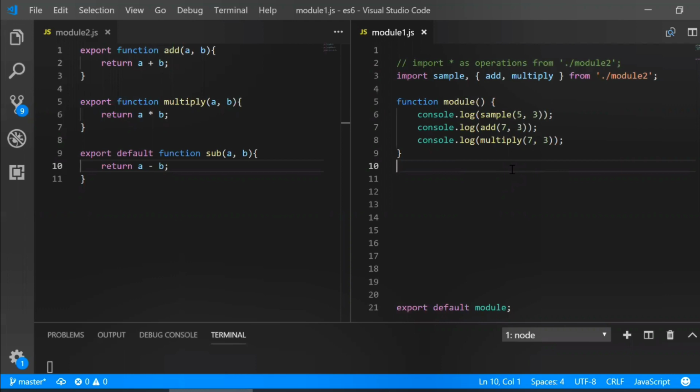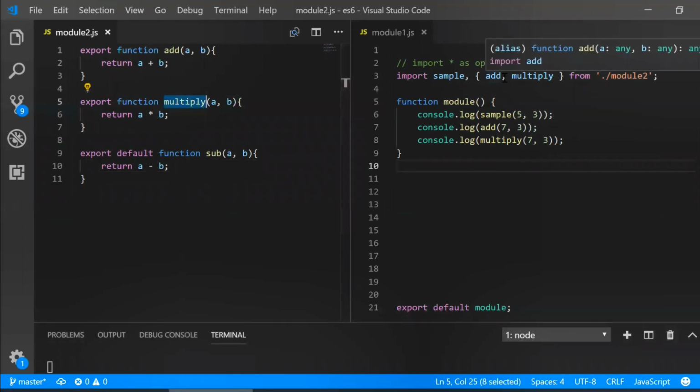You can import it and you can use it in the other module. But for named export, you have to import it using that particular function name. And if you want some alias name, you can use as. For named export, you have to use curly brackets, and for default export, you can import it directly. So this is the summary of the entire topic.